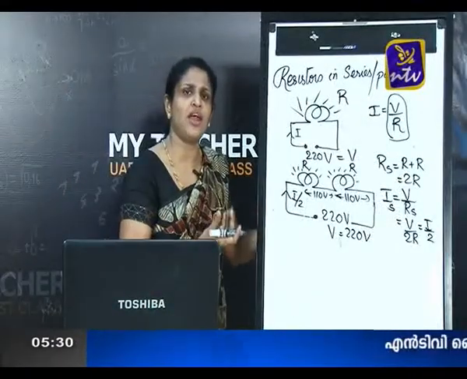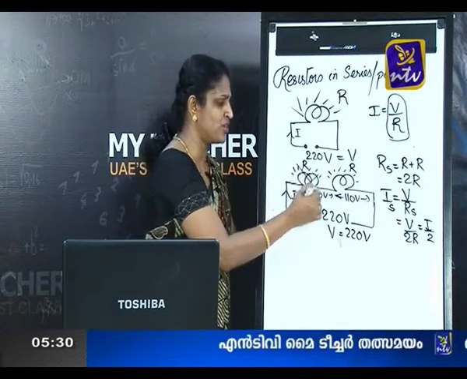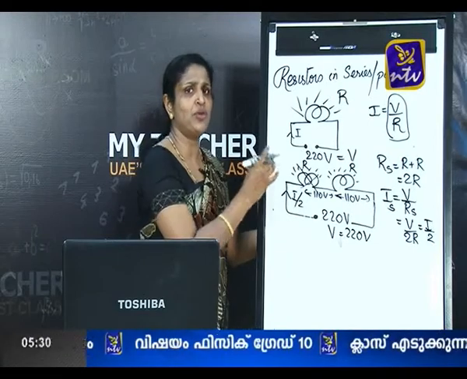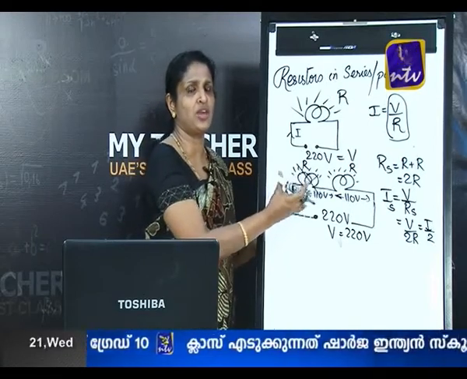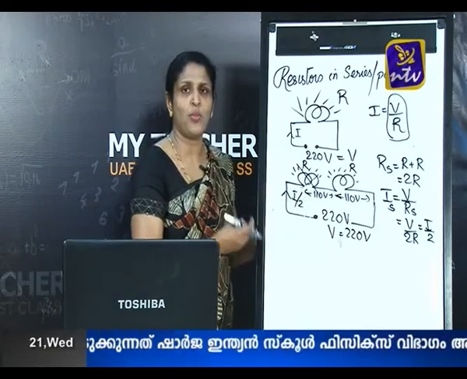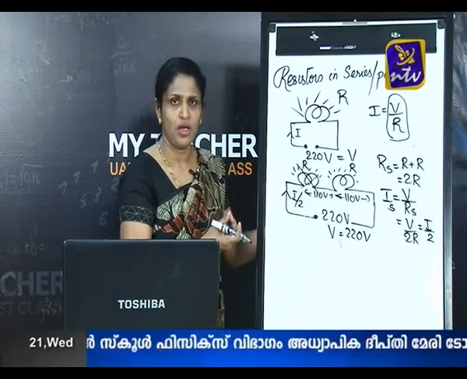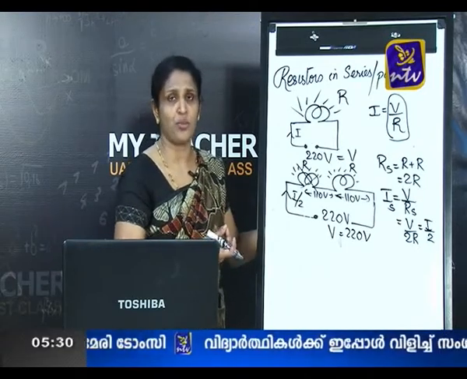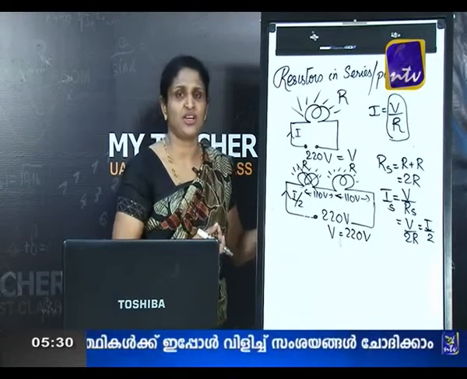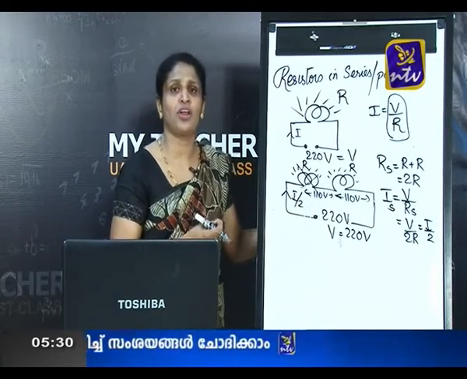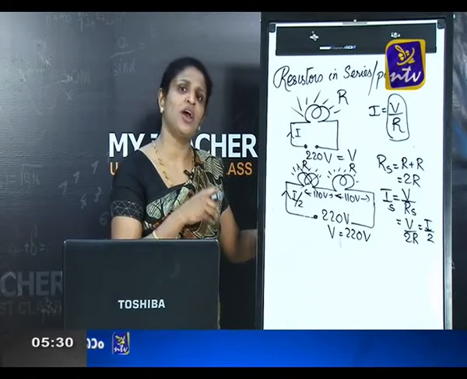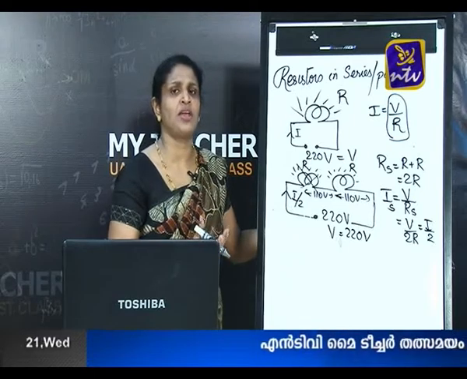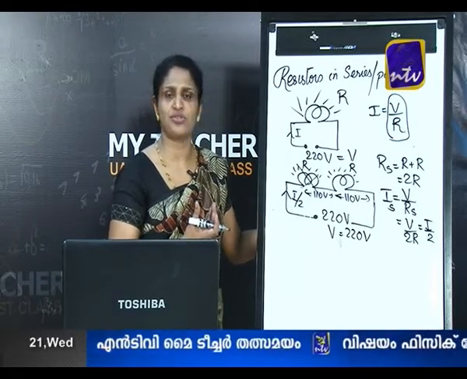Now let us see in another way. If one of the bulbs fuses, will the other bulb continue working? No. When a bulb fuses, there is an open in the circuit, it becomes an open circuit. Through an open circuit, the current will never flow. If current cannot flow, then the bulb cannot glow, and even the other bulb stops working. So in a series connection, each device cannot work independently. One depends on the other to work efficiently. That means if one break comes in the circuit, the other device also stops working.